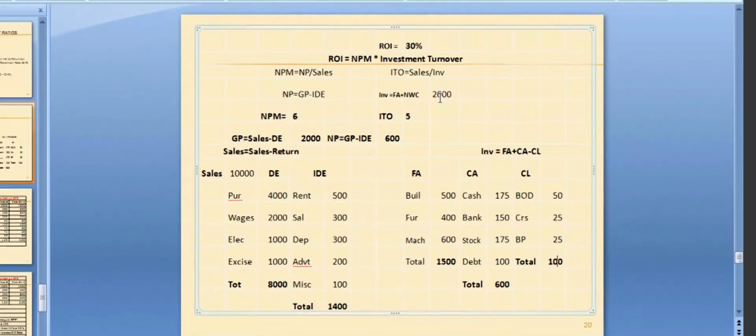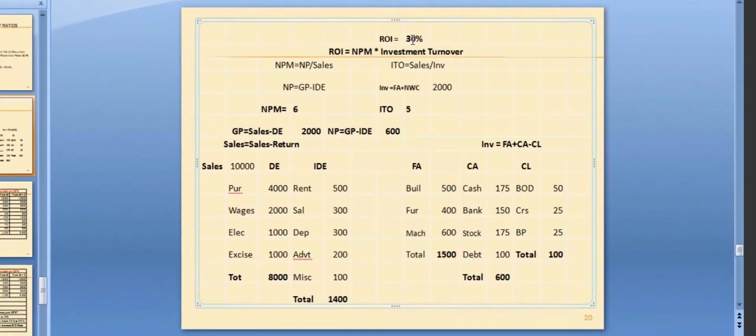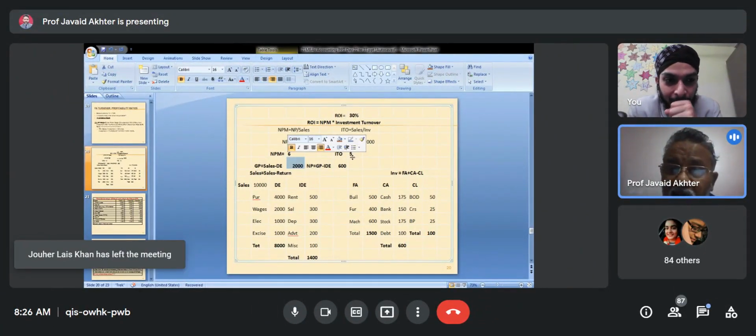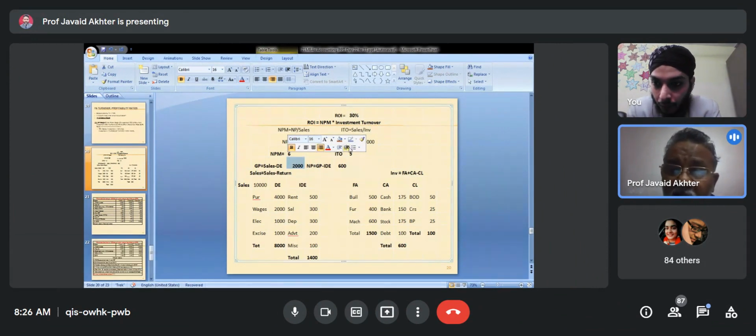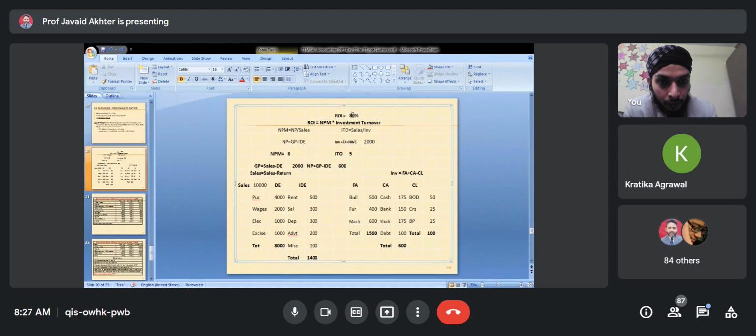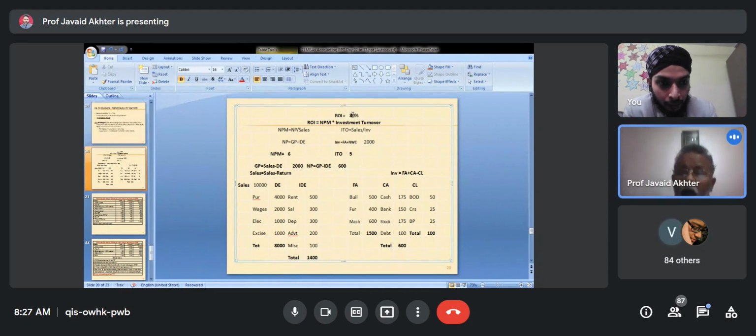Understood? Yes, sir. Now you come to the top page, top line, first line. NPM you have calculated, that is 6. Investment turnover you have calculated. If you use this cell reference multiplied by this cell reference, your answer will be 30%. Understood? Yes, sir. Okay. Now, having understood this, you